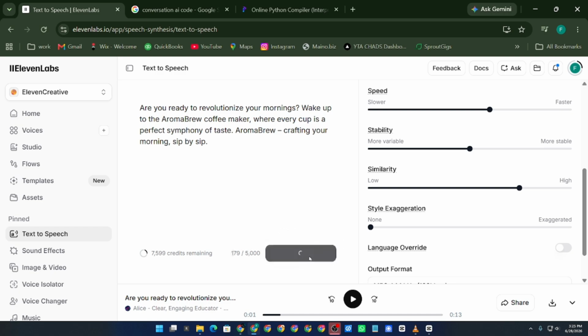ElevenLabs will convert your text into a natural-sounding voice narration. After the audio is ready, play it back and listen carefully. If certain words or sentences don't sound right, make small edits to the script or try a different voice and generate it again. When you're happy with the result, download the narration and add it to your video, presentation, podcast,